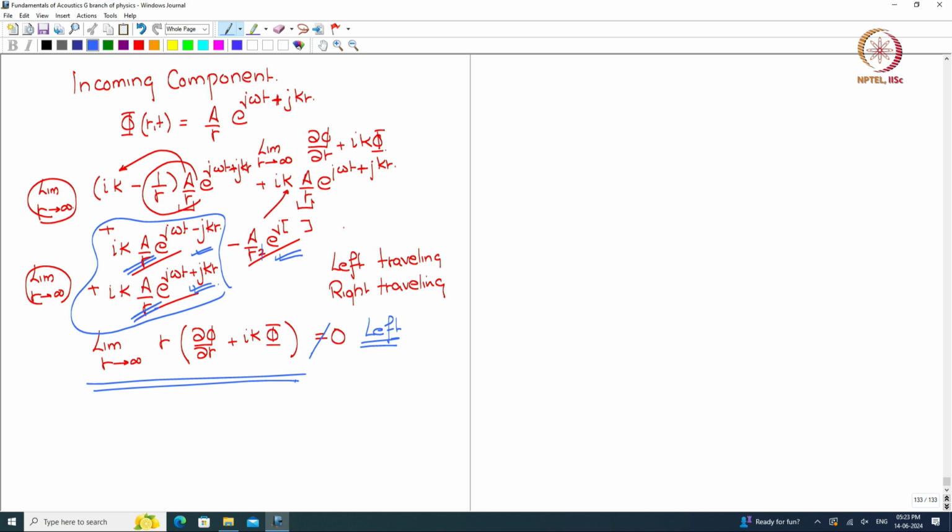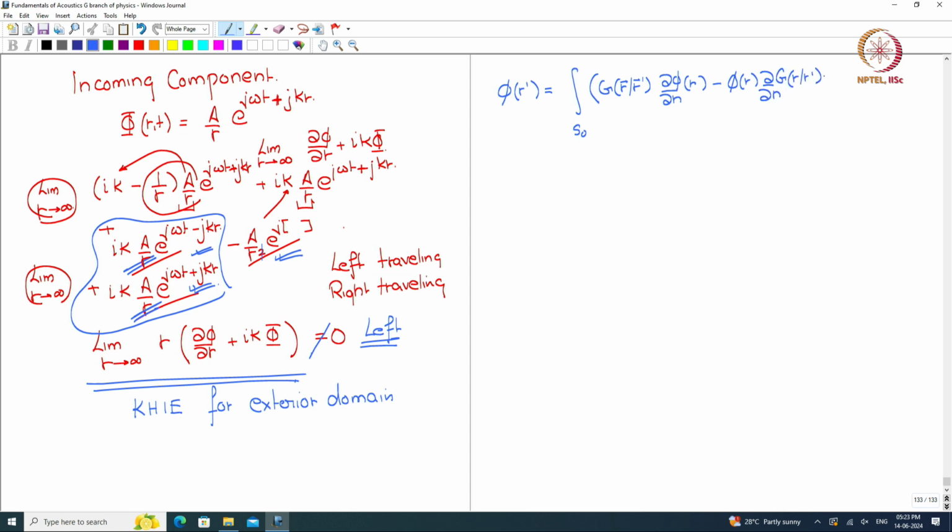Okay. So, now in applying this to the KH integral equation for exterior domain, we had come up with this equation: phi at a certain r dash is equal to integral on a surface g of r, r dash, del phi by del n minus phi of r del by del n of g, ds 0 of r, plus we ended up with an integral at infinity, r tending to infinity,